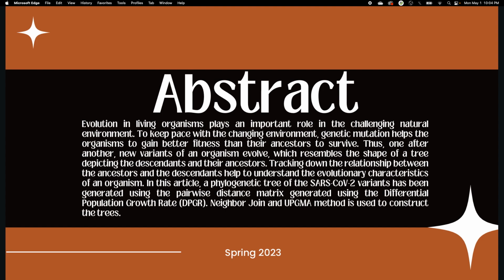But virus is very smart. They outsmart the antibodies by repeatedly changing their genetic code, and that's how new variants of the virus evolve. And when a specific virus changes its genetic code in such a way that it is very difficult to detect them, that specific variant is gaining in fitness, that's why they propagate much faster, and they cause more hospitalization and death rates. So in this research, we try to find out the